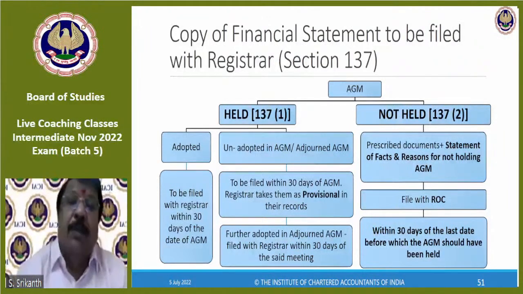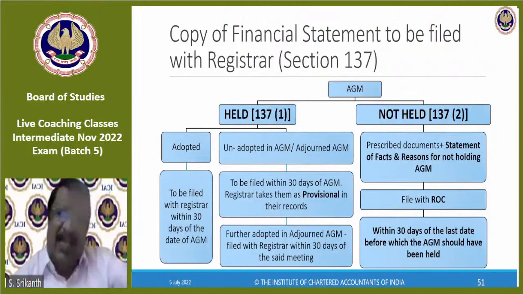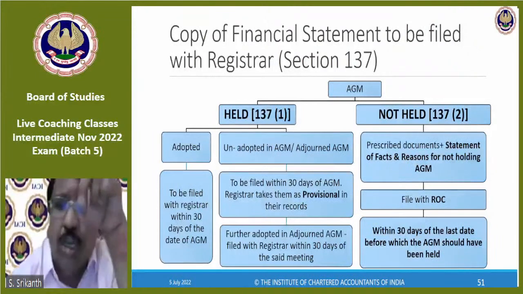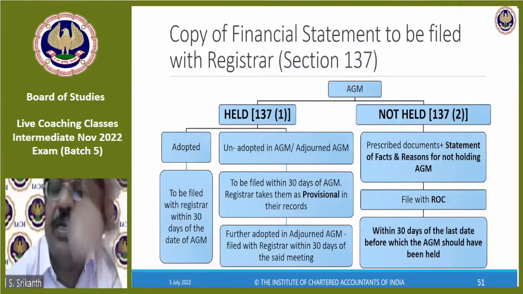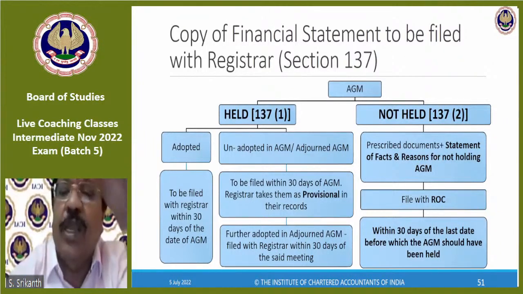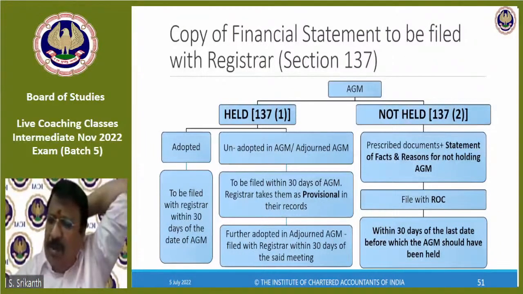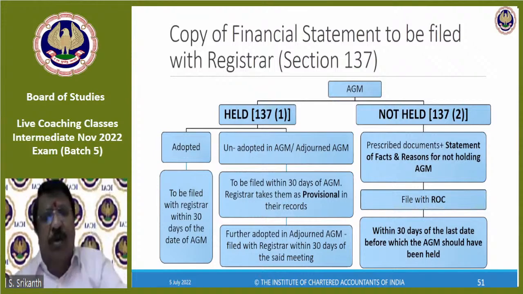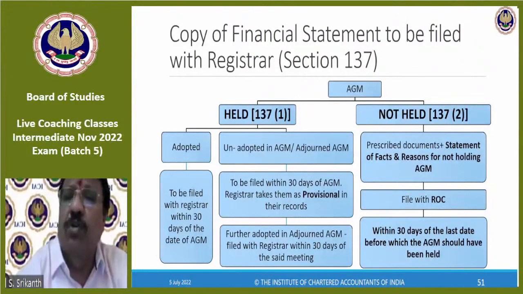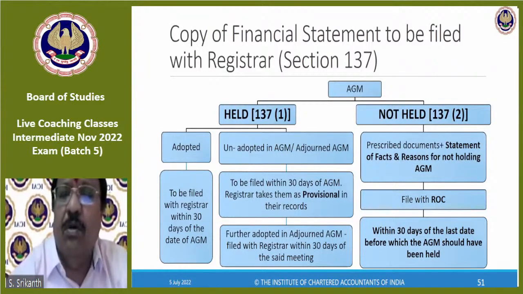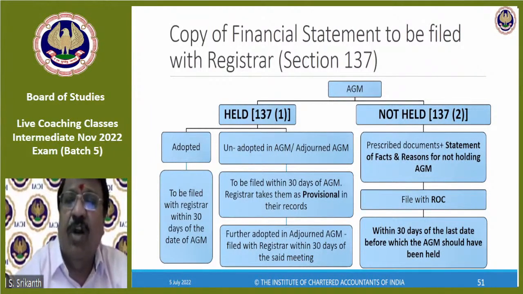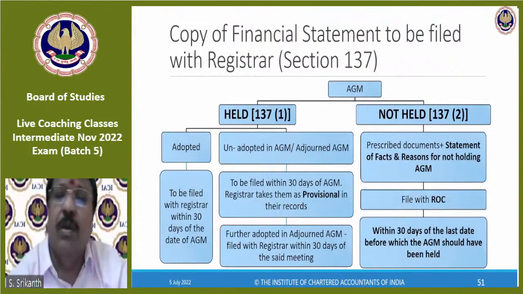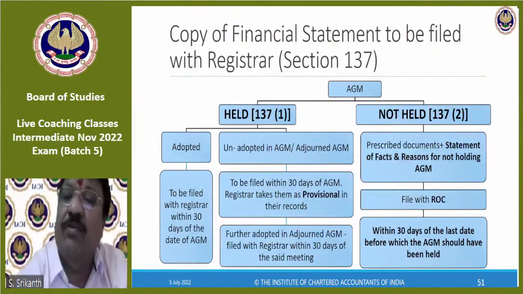Right. AGM is not held. This is a classic situation. Even if the AGM is not held, you have to file the documents along with the statement of facts and reasons for not holding the AGM. Maybe there was an earthquake in your area, cyclone, some problem, so that physically you are not able to hold the AGM due to weather conditions, heavy rain. Your registrar office is flooded. For 45 days recovery, nothing could be done. By then the AGM date is gone. Whatever. But still within 30 days you have to file with the ROC, 60 days you have to file the